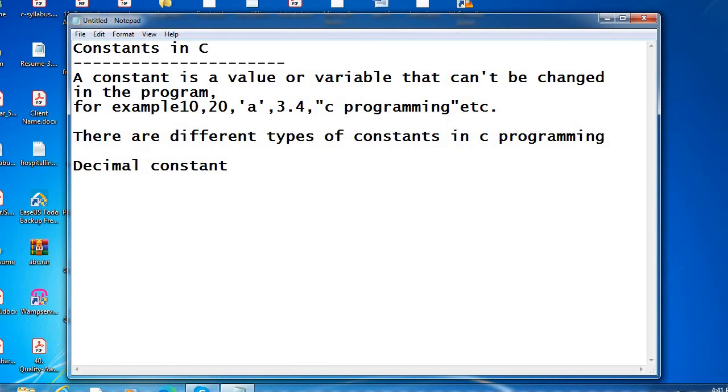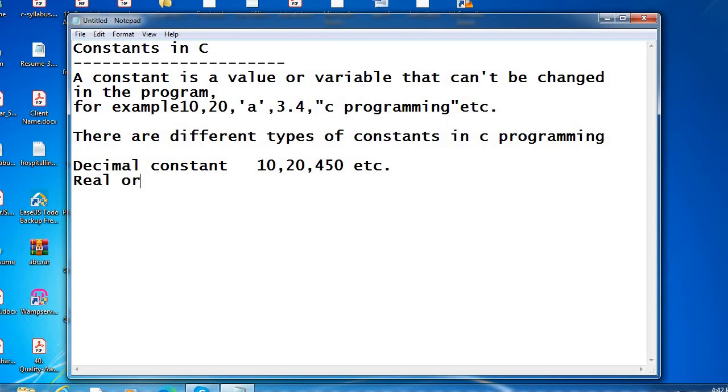For this example, I can provide 10, 20, 450, etc. And we have the real or floating point constant.